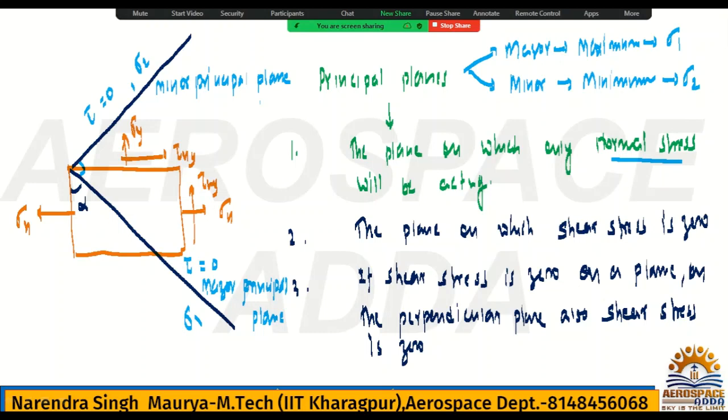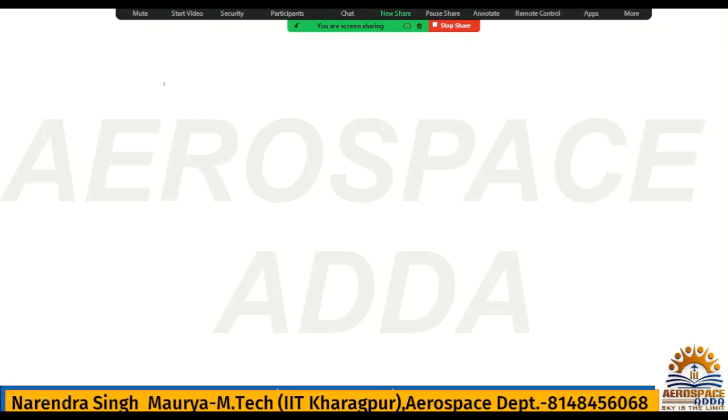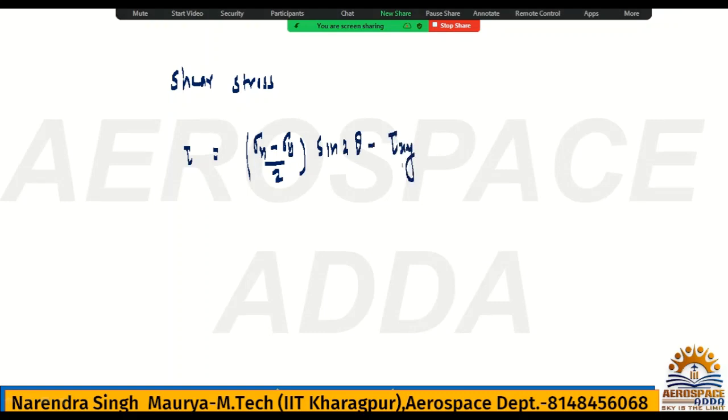Now, we have the formula for the orientation of this principal plane. That orientation you achieve as the theta value here. So we had calculated the shear stress tau. What was the value of tau? Tau on the oblique plane was sigma x minus sigma y by 2 sine 2 theta minus tau xy